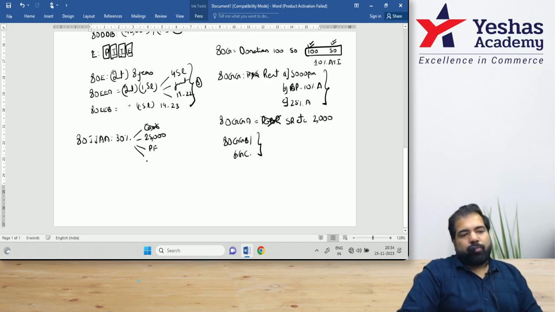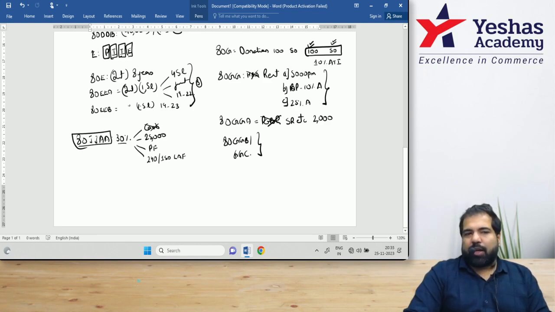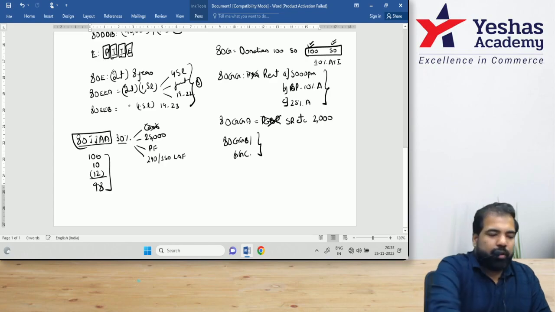And guys, they should be employed for 240 days, or 150 days for leather, apparel, footwear, manufacturing. Guys, you should be audited in this case, and this is allowed only for how many years? Three consecutive. Every year, check for additional employees. Only then you will get the deduction. Additional means if I have 100, if I add 10, is it additional? What if I minus 12? No, then overall is 98, so there is no additional employee. Next,